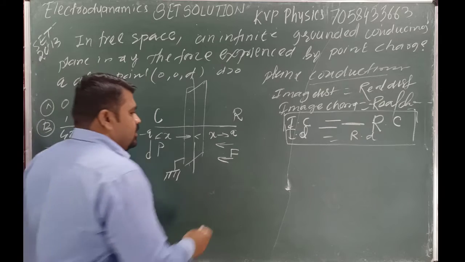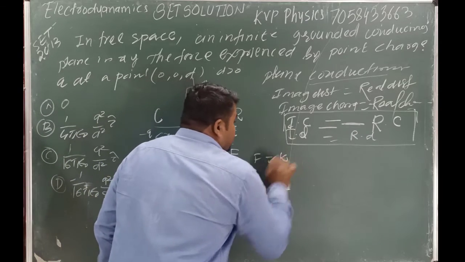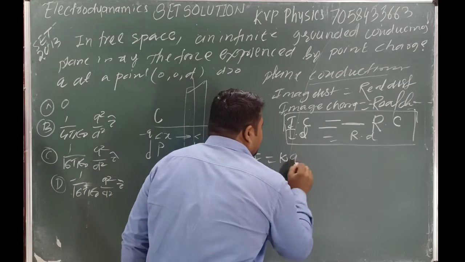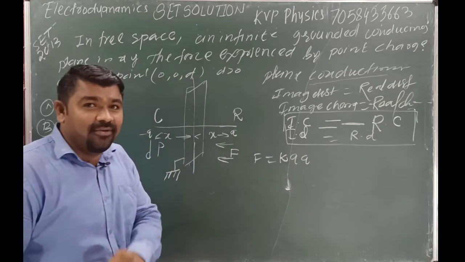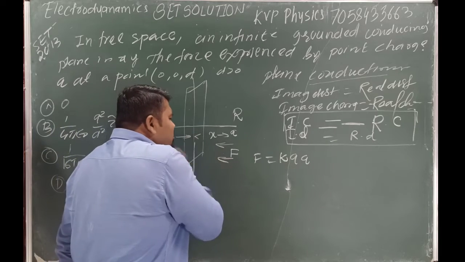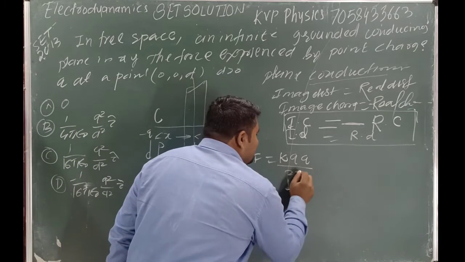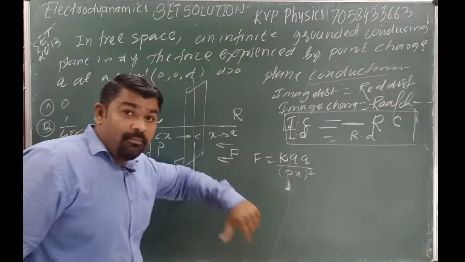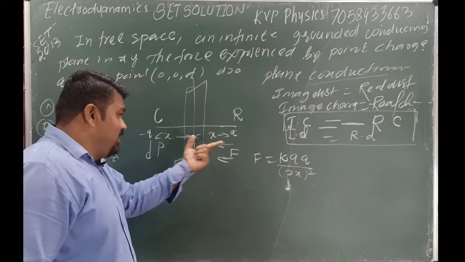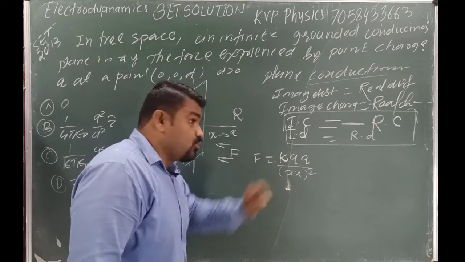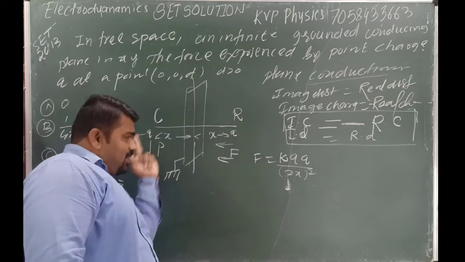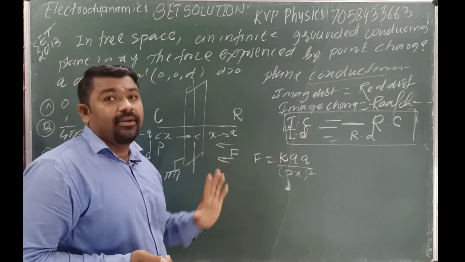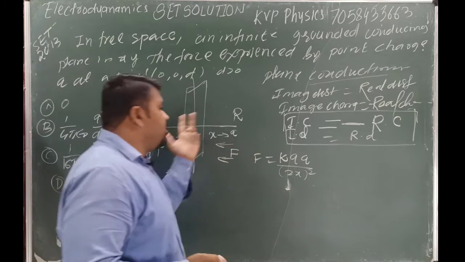Next we can find out the magnitudes. F is equal to K times the first charge Q, second charge minus Q, but don't take the sign here. We can only take the magnitude. Do you know the distance between them? Suppose in this case this distance is 2x. So (2x) whole square, the distance squared: x plus x is 2x. Here the magnitude is Q. Don't take the sign inside the magnitude. This is the magnitude of this force.